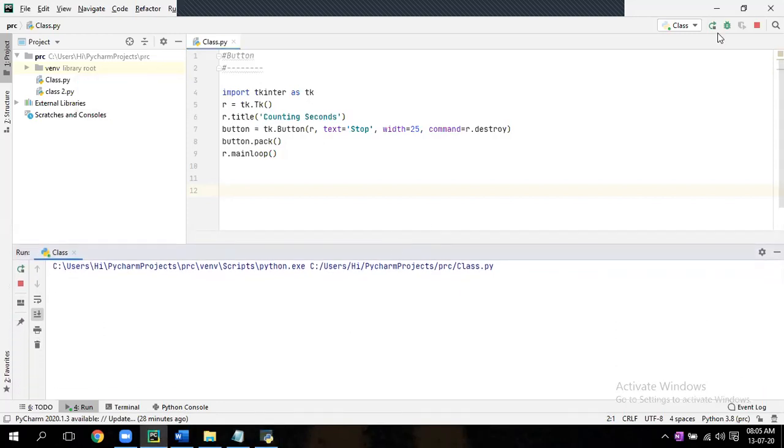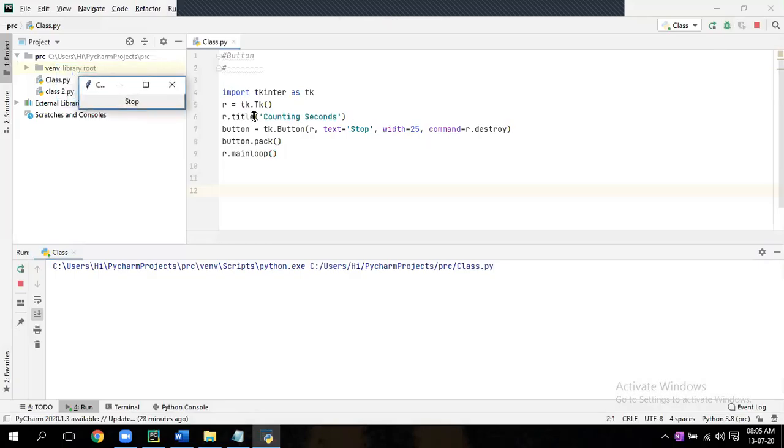It came down in your taskbar. Just expand. Click on the middle one. Just drag it.